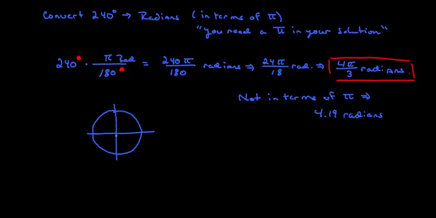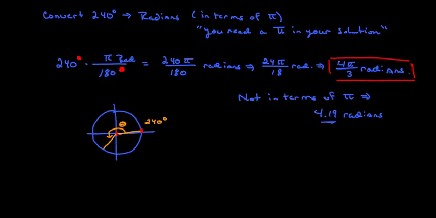240 is going to fall somewhere down here. I'll just draw that out in a different color. We'll call it theta. So this is 240 degrees. When I get an answer like 4 pi over 3, which is essentially 4.19 radians, what that means is if I take this radius length, so I'll grab it here in red,